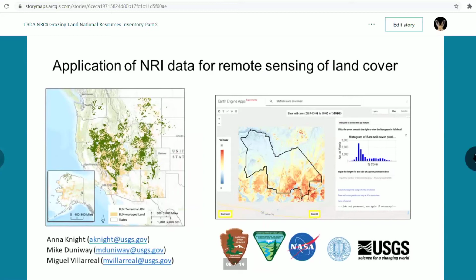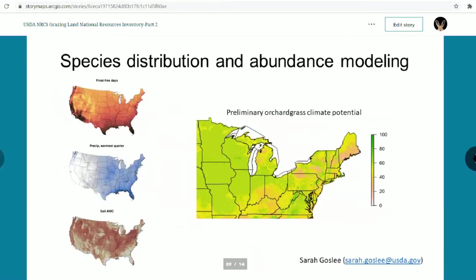The USGS is also working to refine an existing invasive grass mapping tool for mapping annual grasses across the Southwest based on phenology. Both of the USGS-led efforts use NRI data, National Park Service data, and BLM data to train and validate their models. There's another effort going on led by Dr.